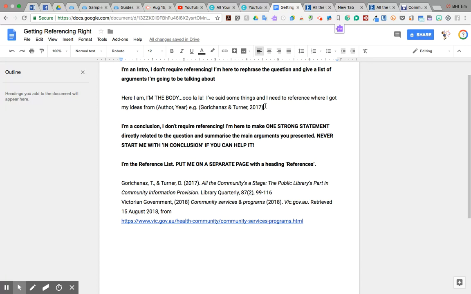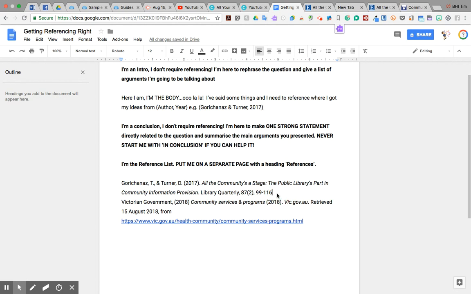Now, there are some intricacies to this, like if there's 3 or more authors and all that kind of stuff, which I'll show you where to get information about that in the Lib Guides. But in general, that's what you should do. Paste the link, the permalink, very, very important if it's out of the library catalogue, into your document so that you know that that's where you got that material from, and then you can continue on writing, come back once you've finished the idea and finish off the reference.